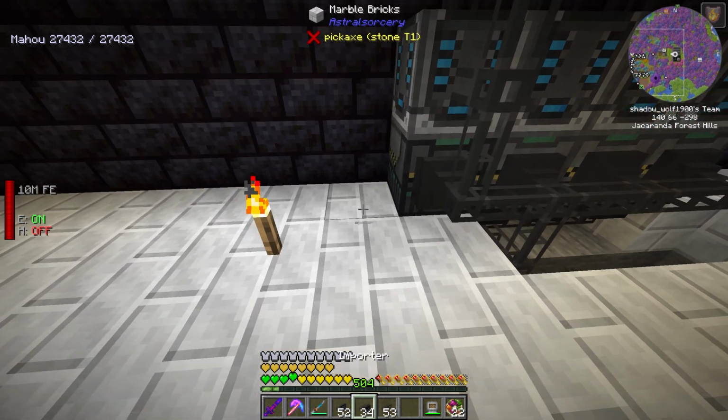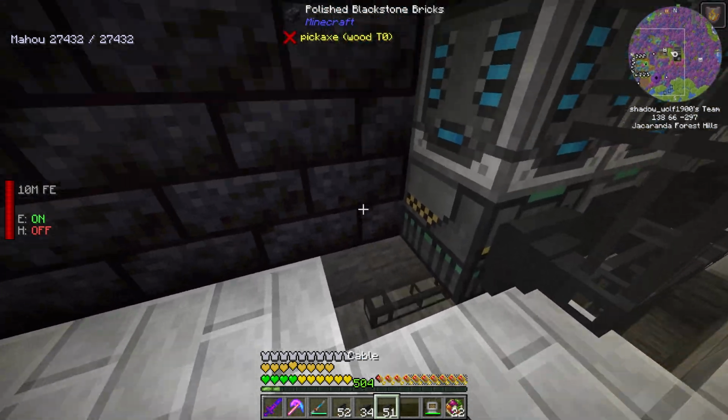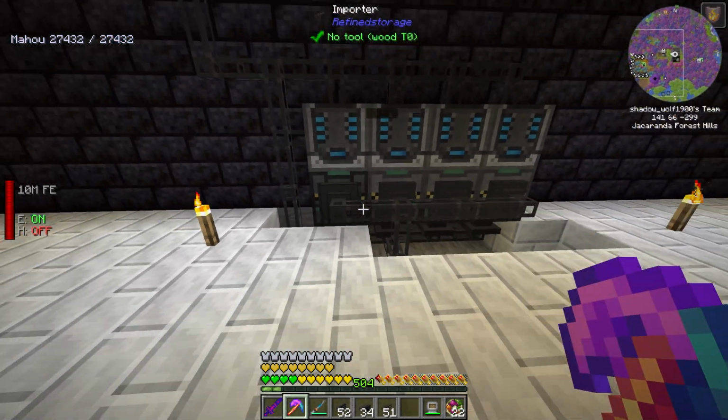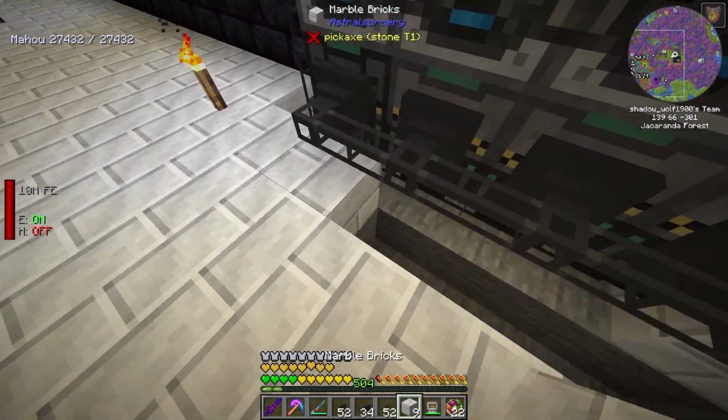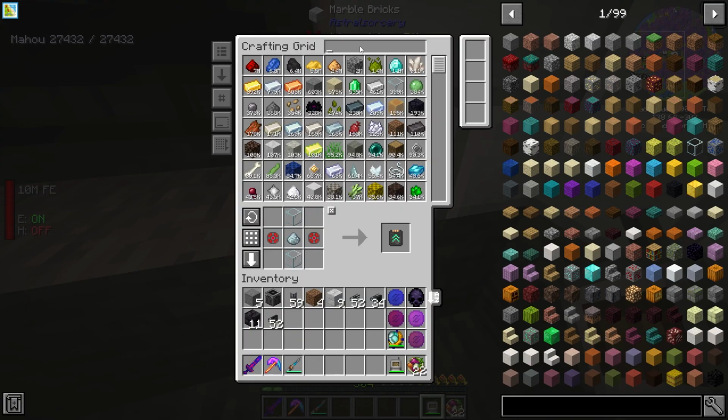There we go. Actually, I could probably do it easier if I just set the cable to come up this way and do it out the front cable sticking out there. Perfect. And we can get rid of this cable and then hide most of these. So what we need then is our